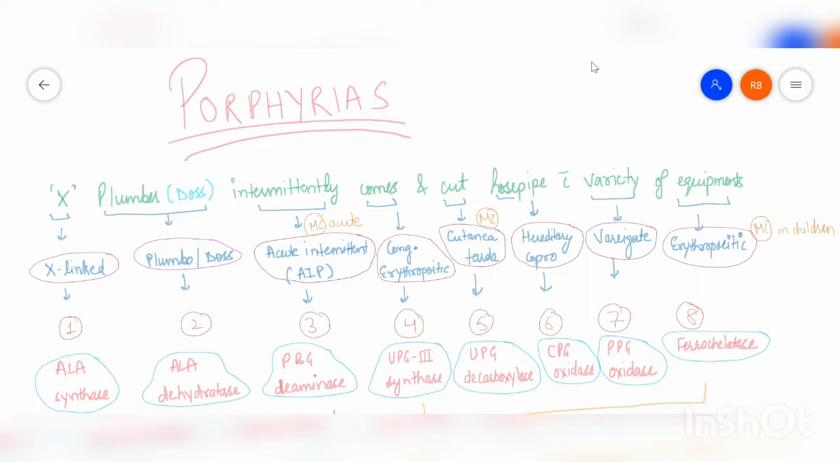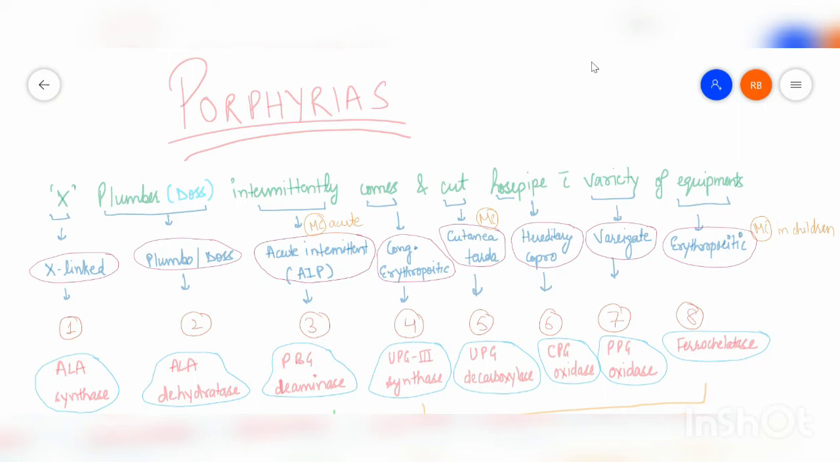Then comes, you can remember CO for congenital erythropoietic porphyria. And cut, you can remember for cutaneous tarda, porphyria cutanea tarda. Then hosepipe, remember for hereditary coproporphyria. And variety for variegate porphyria. And equipments for erythropoietic protoporphyria. Okay. These 8 words of this sentence signify the enzymes defective in the 8 steps of the heme